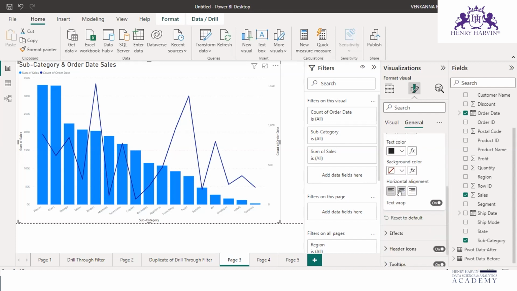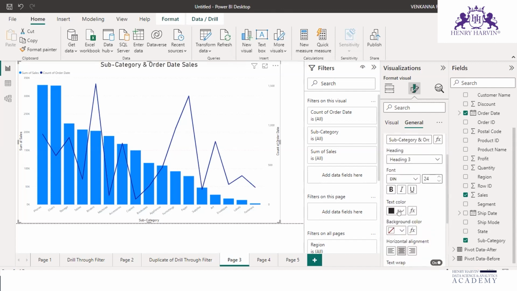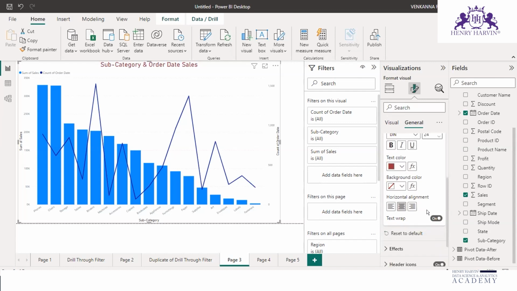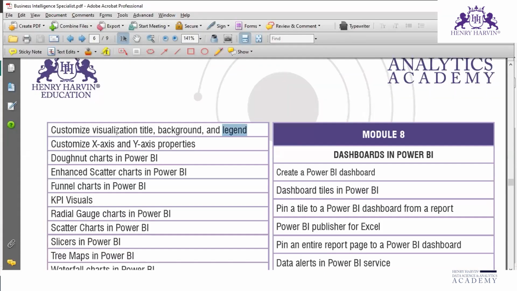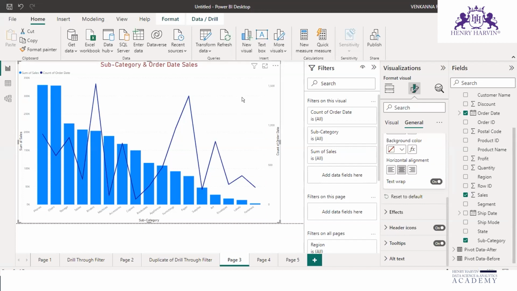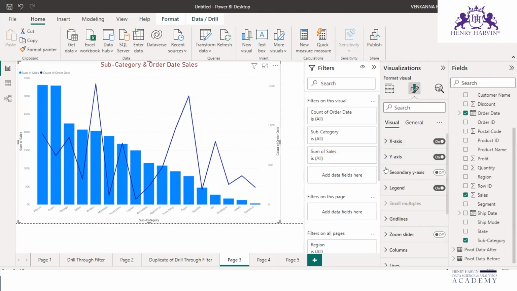So here we can see the alignment: right alignment, left alignment, center alignment, and the text color. So these are the options available for this customization: title, background, and legend. Background we have already seen, right? So here we have the x-axis, y-axis detail. So for some of you, if x-axis or y-axis is not visible,